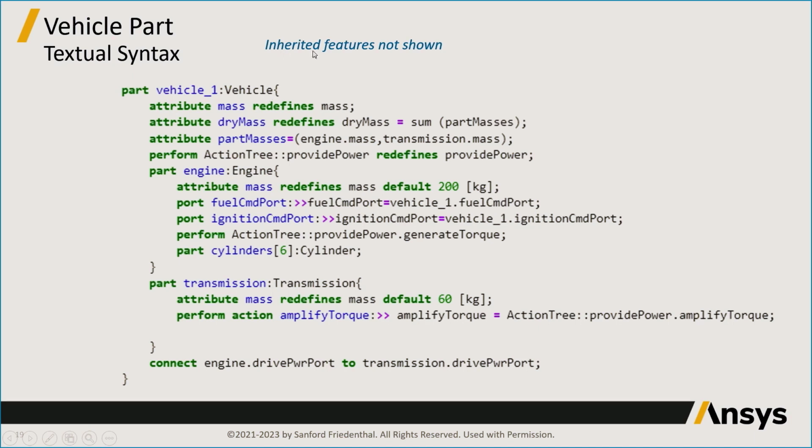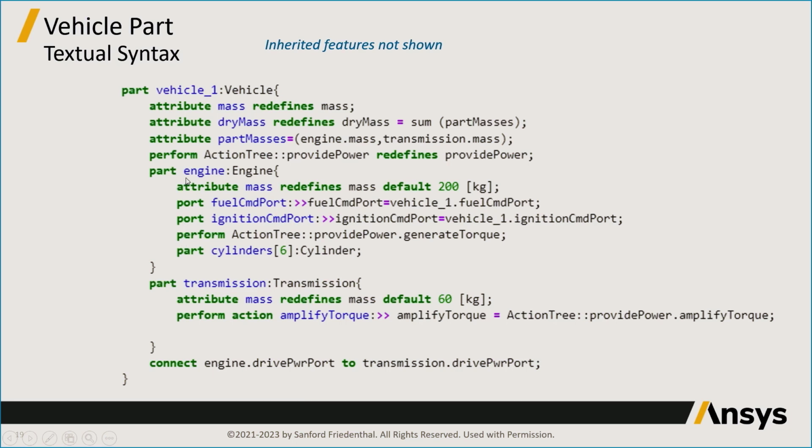Note that the inherited features are not shown in the textual syntax. Only the features that are either redefined or added are shown. So some of those features of the vehicle are not shown, but you can see that dry mass redefines the original dry mass and is now equal to the sum of the part masses. The part masses is a new feature, and you can see it's equal to the engine's mass and the transmission's mass. And you can see the engine here and the transmission, and they are further elaborated with their attributes, their ports,